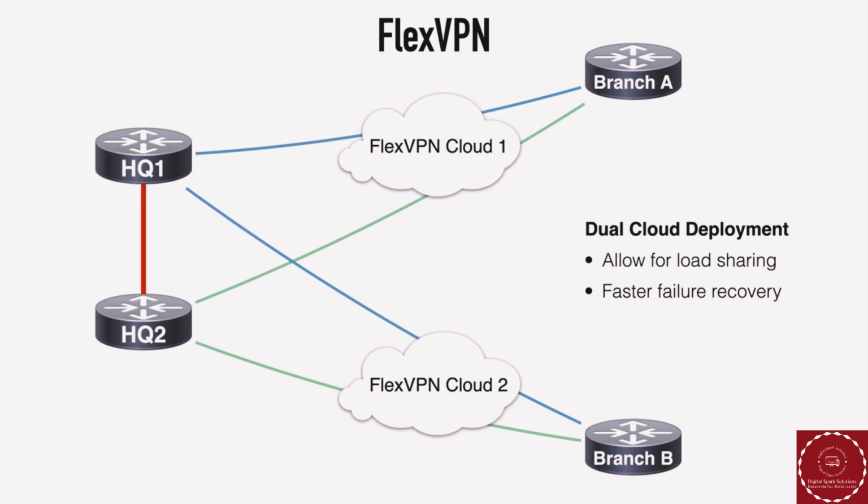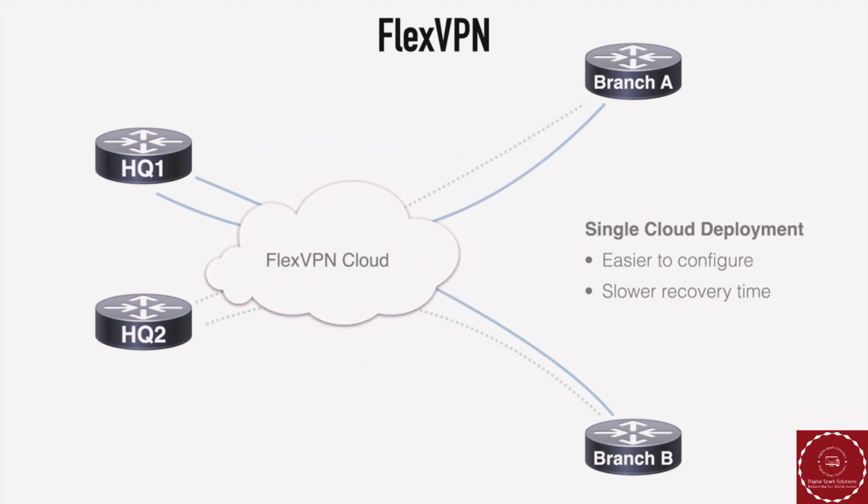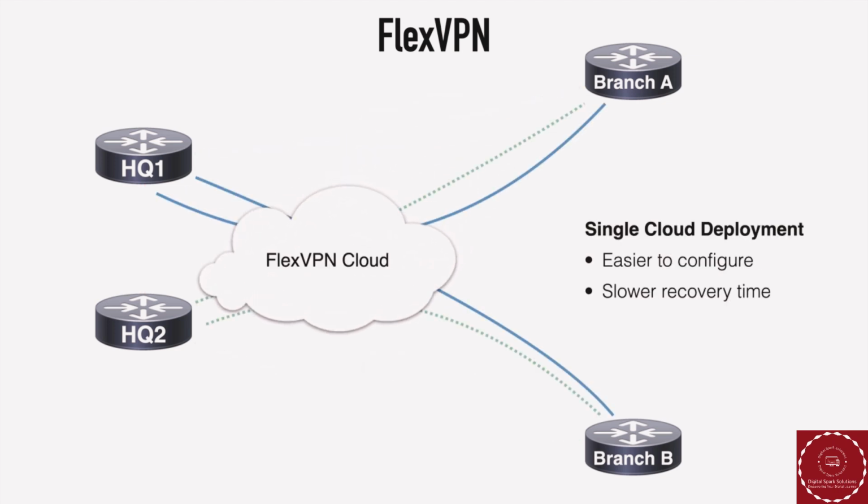the routing protocol timers. A single cloud deployment means only one active tunnel is available to the hub at any given time, which will fail over to the other hub in the event of a failure. Single cloud deployments are easier to configure, although we do see a slower recovery time based on object tracking or dead peer detection. Notice the broken green lines going to